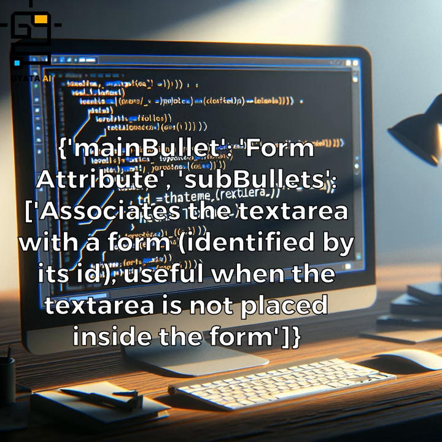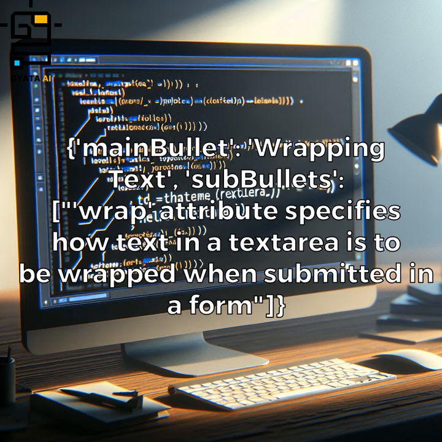Main bullet, form attribute. Sub-bullets: associates the textarea with a form identified by its ID, useful when the textarea is not placed inside the form. Main bullet, wrapping text. Sub-bullets: the wrap attribute specifies how text in a textarea is to be wrapped when submitted